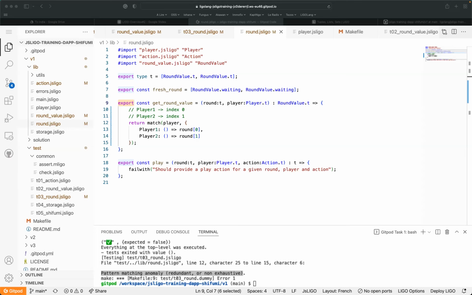Just one trick. I'm not going to use the get round value, so do not hesitate to not use get round value. Get round value has been just introduced in order to review and recap how to extract information from the tuple with the projection using indexes. This has been only for this.